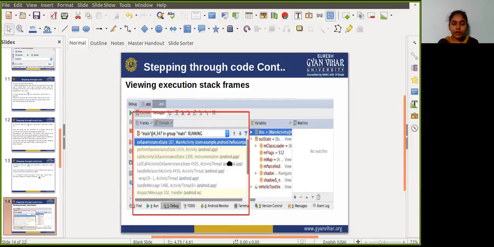You can also right click on any variable, choose evaluate expression, and the evaluate expression window appears. First enter any expression into the expression window, and click evaluate.